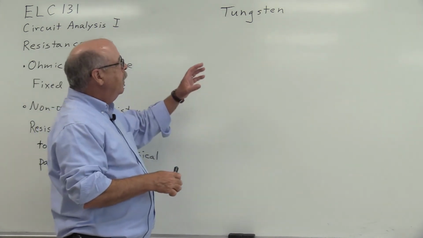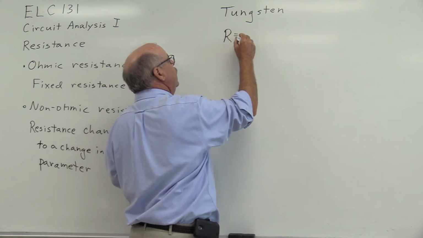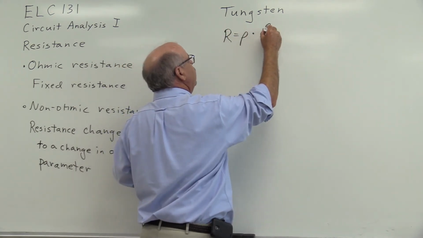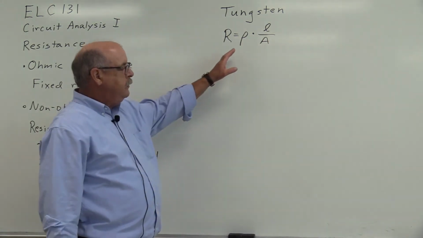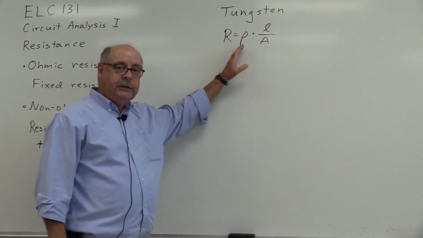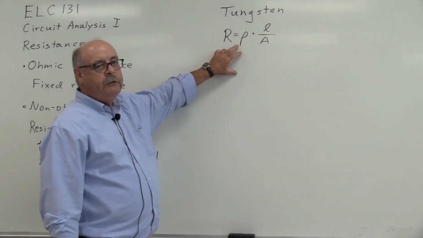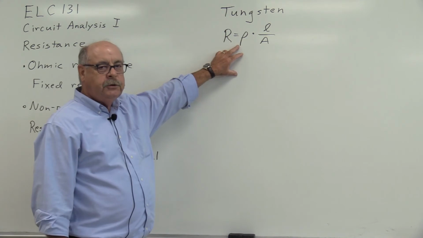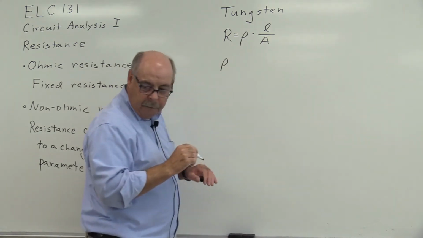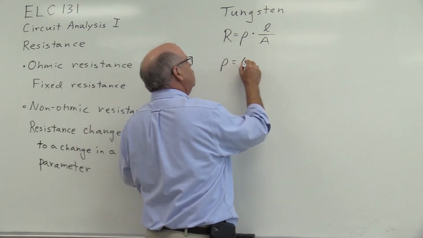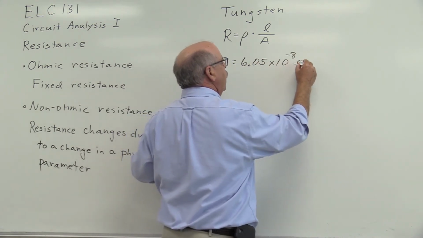Now, recall from our previous video that resistance R equals rho times length divided by cross-sectional area. And every material has some inherent value of resistivity. However, with tungsten, the value of resistivity changes as temperature changes. The resistivity of tungsten, rho, equals 6.05 times 10 to the negative 8 ohm meters